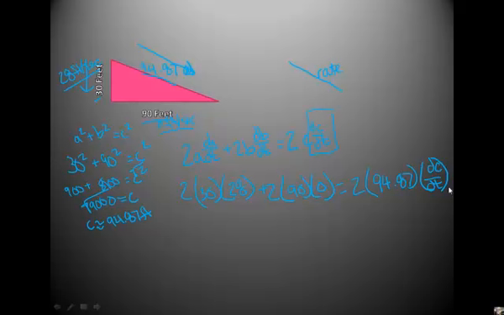From here, we just simplify this out. And this is a negative 28, remember, because that's getting smaller. So we get a negative 1680 plus 0 equals